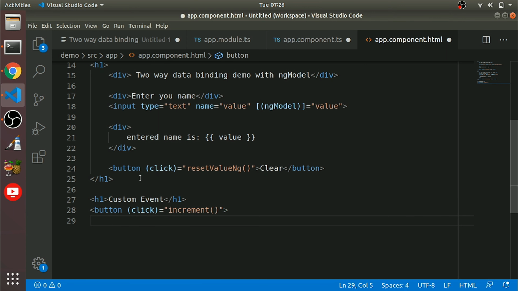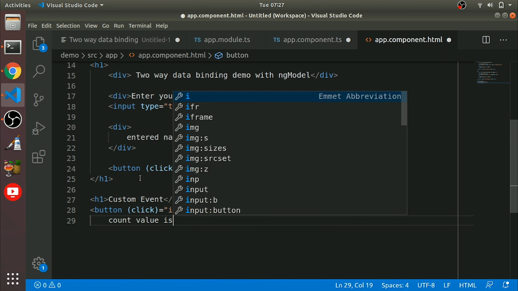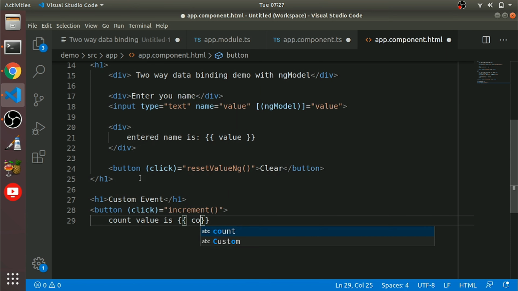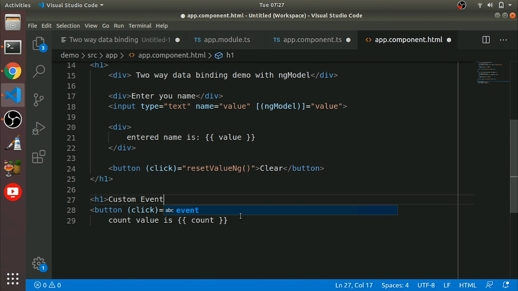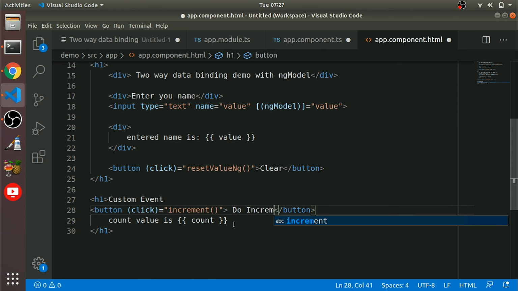Okay, we can put a label like count value is, like this. So do increment. What we did, I will show you.